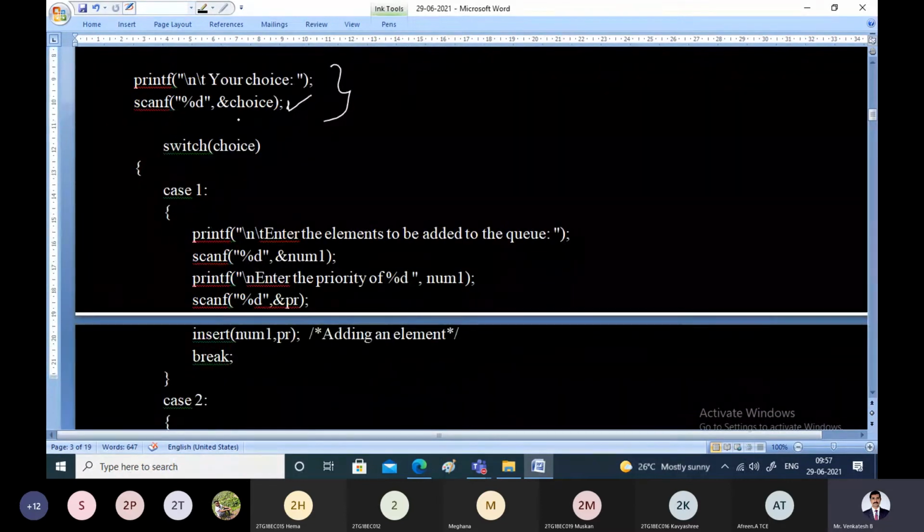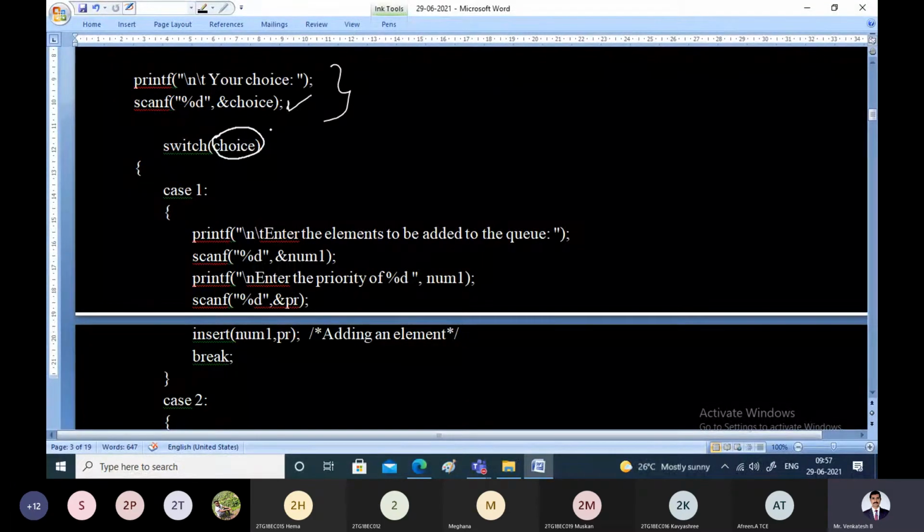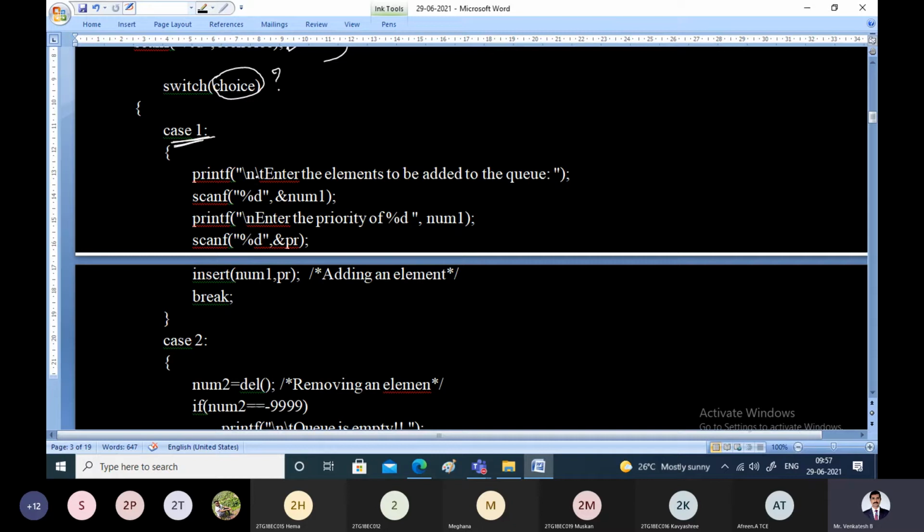Now, whatever choice you have entered will be examined within the switch statement, and compared with the corresponding case values. Whichever case is matching, the corresponding statements of the switch statement will be executed. Now, case 1 indicates that you want to add an element into the priority queue.